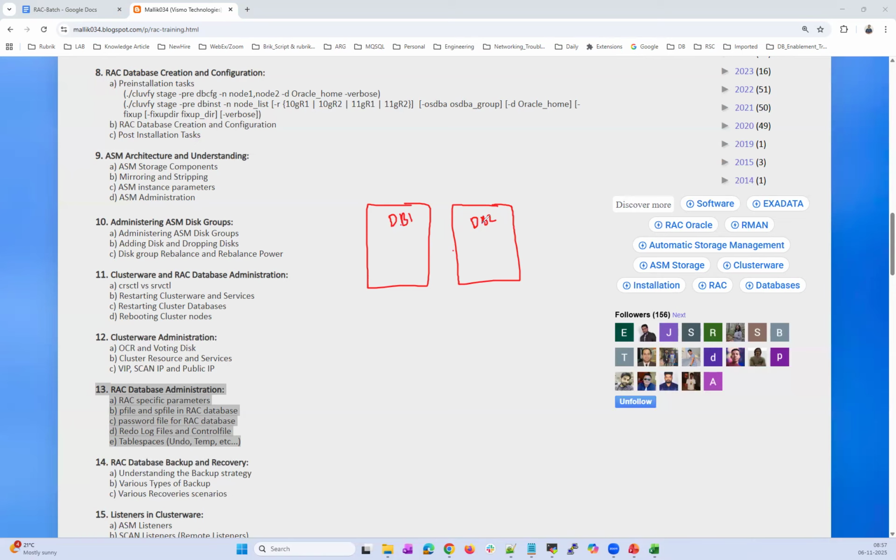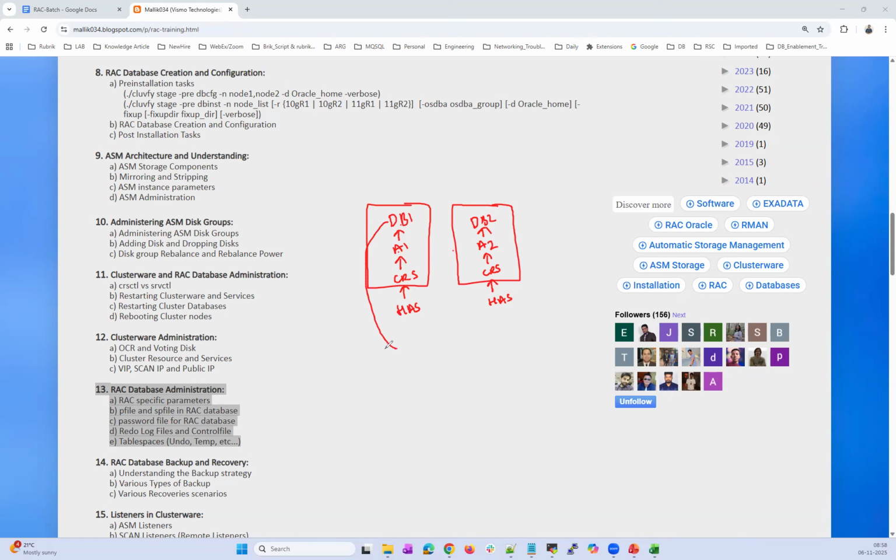Database instance 1, database instance 2 will be running on top, and below that, your ASM instance 1, ASM instance 2 will be running. And below that ASM instance, you will have your CRS, Cluster Ready Services. And then below that CRS, at OS level, you'll have your HAS. So that is your actual hierarchy.